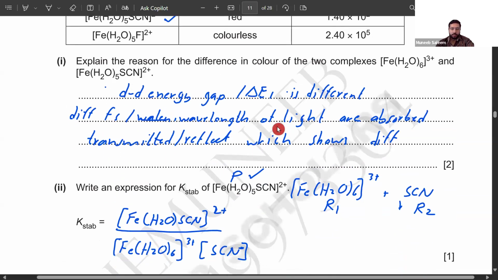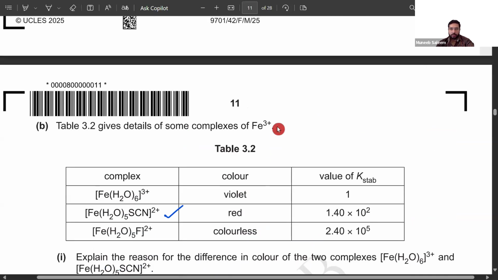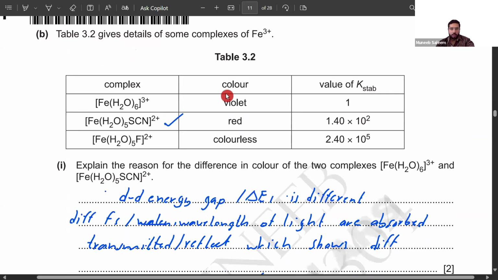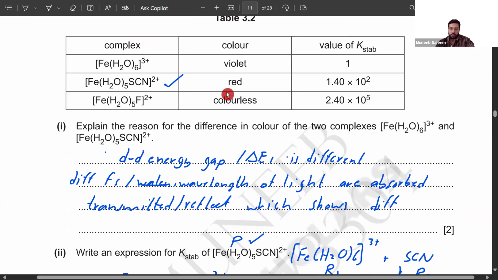So we shall start from where we left in our previous video of Feb March 2025, paper 42, chemistry 9701. Before going into the explanation of the questions,